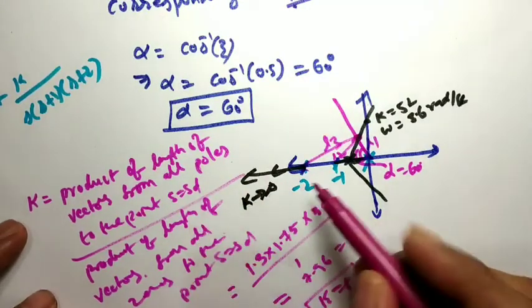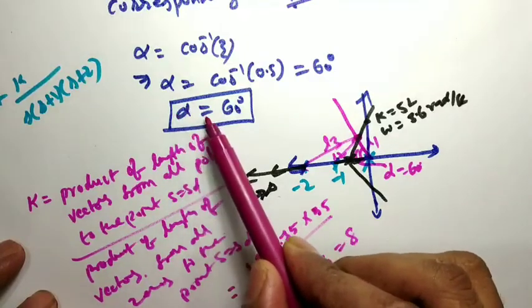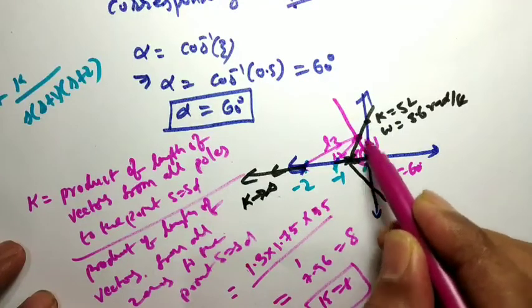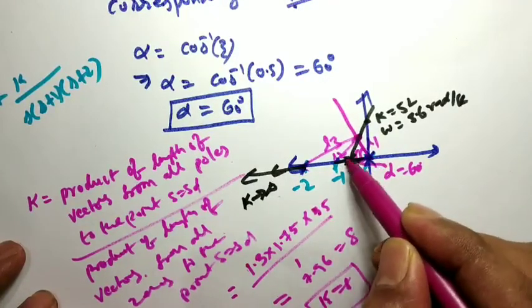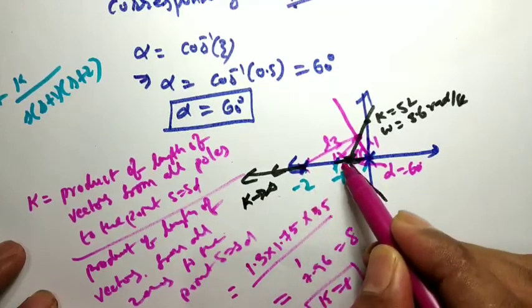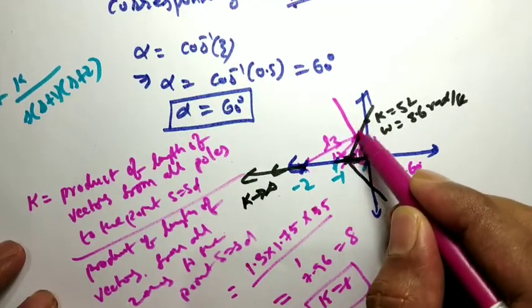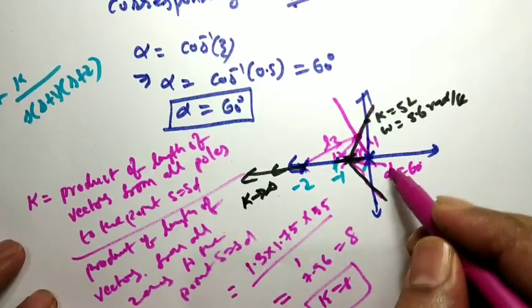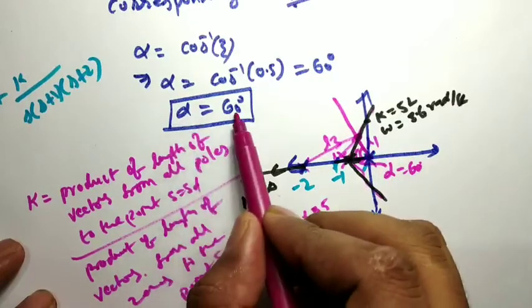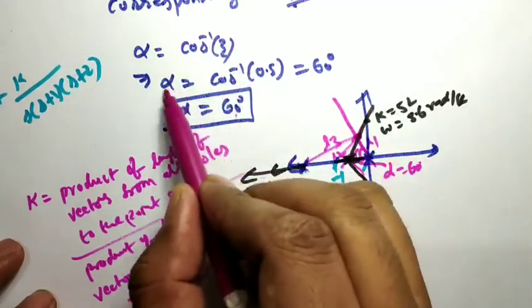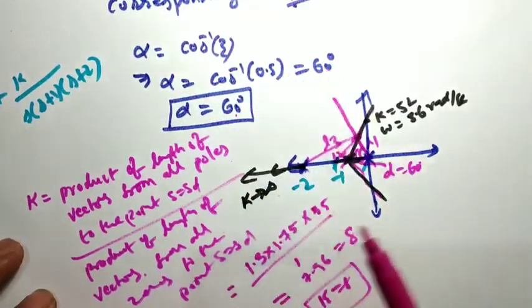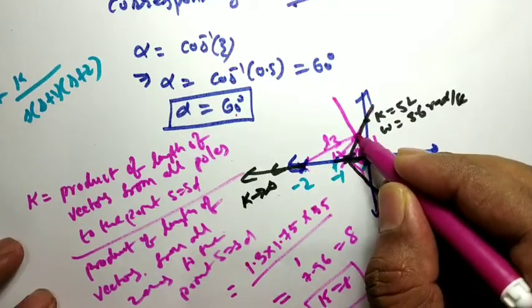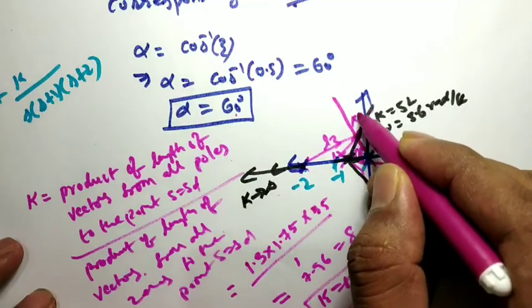So here alpha value is given, alpha is equal to 60 degrees. From the root locus, here is one pole, here is also one pole and here is another pole. So these roots will move in this direction and this root will move in this direction. We already explained this one. So now alpha is equal to 60. When zeta is equal to 0.5, alpha is equal to cos inverse 0.5, that is 60 degrees. So at an angle of 60 degrees you draw a line, and it will touch the root locus here. At this point, what is the k value? You have to find it.